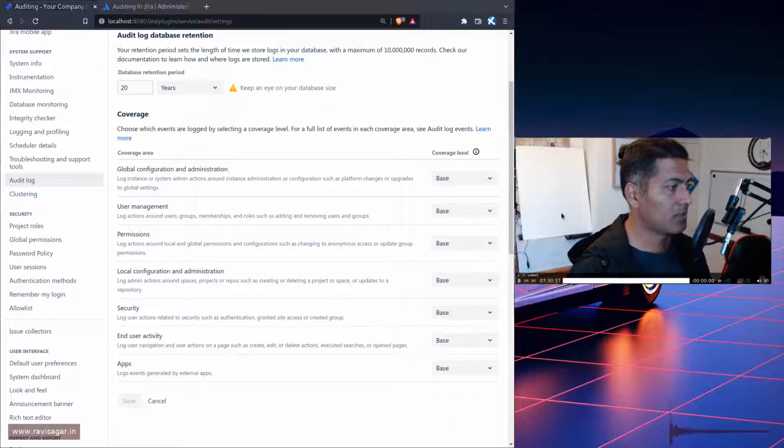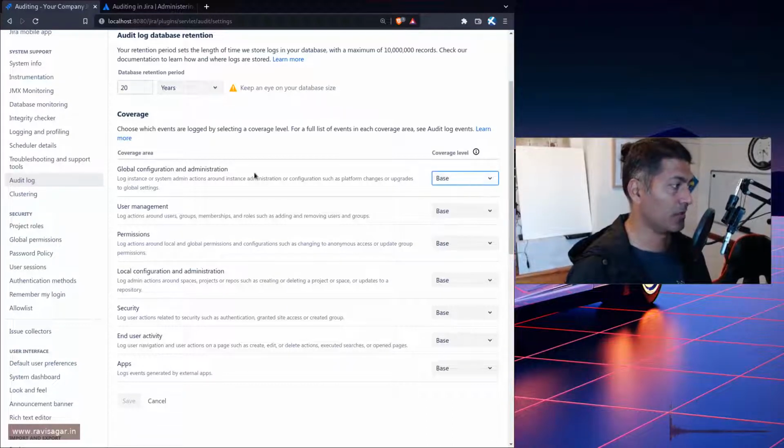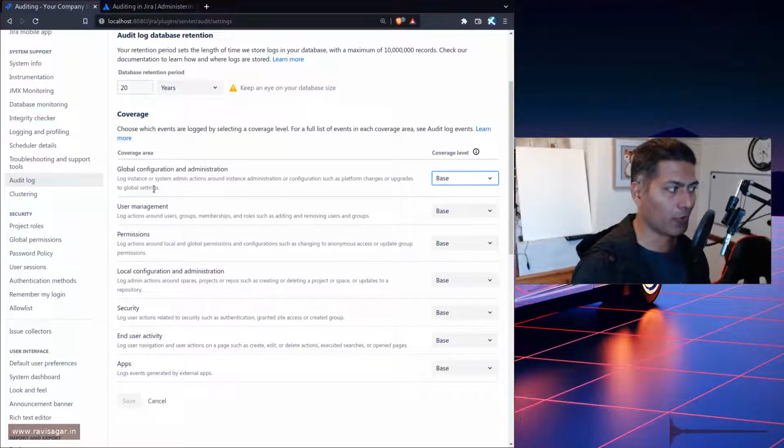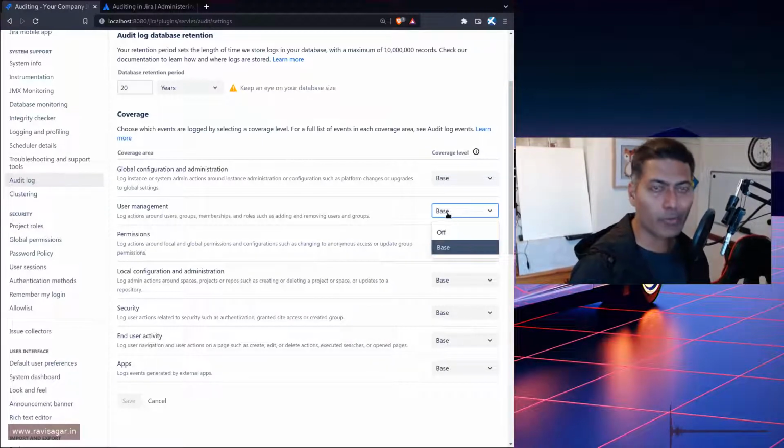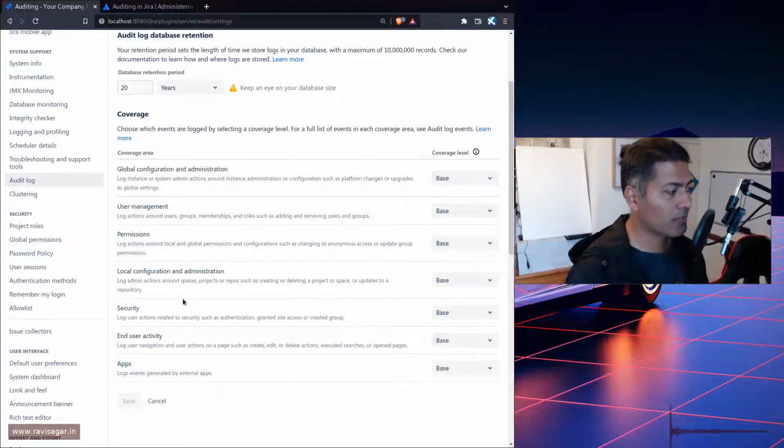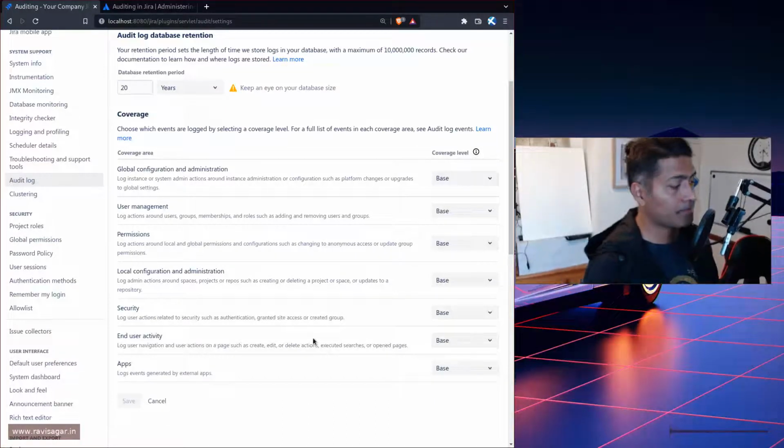So basically you can turn it off. Maybe you don't really want your global configuration. I mean, this is something that you really want, right? User management, maybe you want to turn it off. I don't know, up to you. Permissions, definitely. Local configurations, yes. Why not? Security and user activity. So end user activity is definitely not massively important because it is their responsibility. But